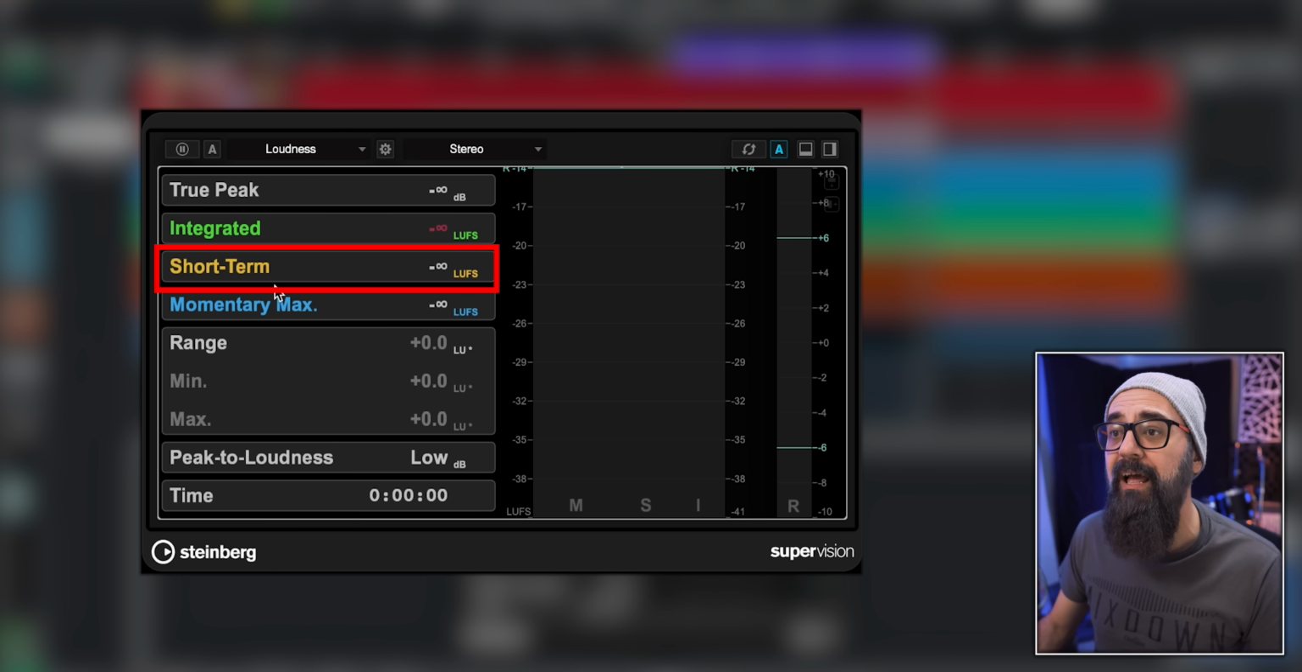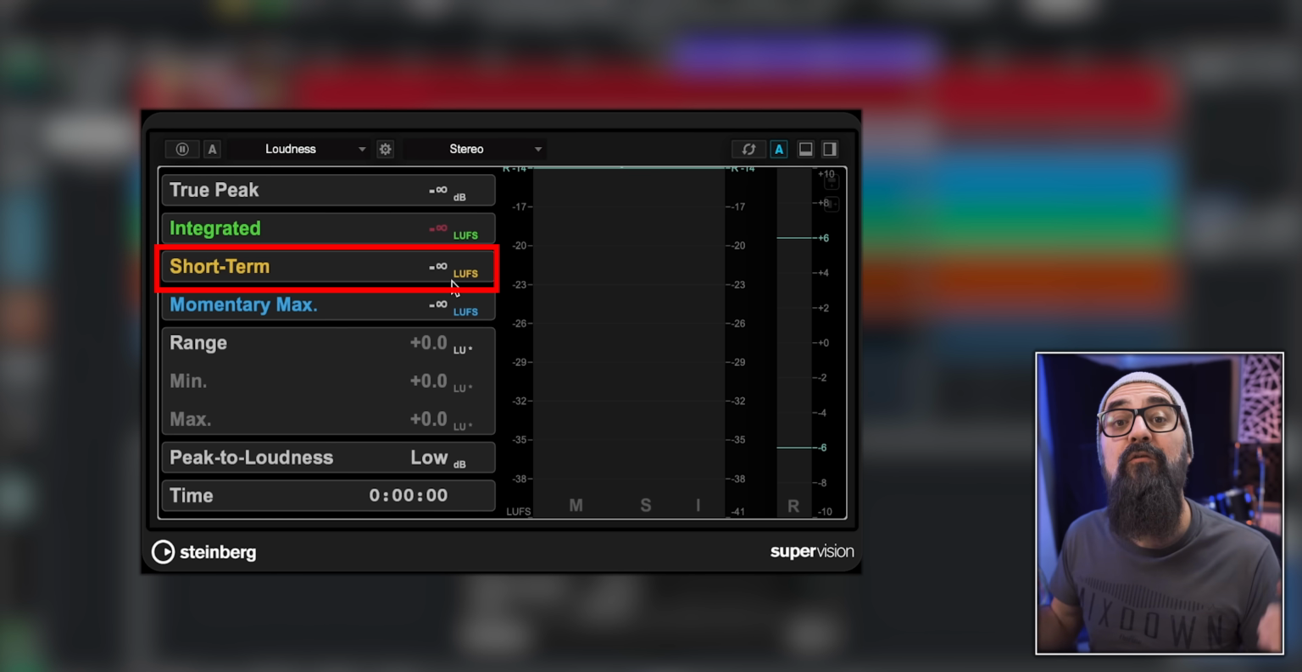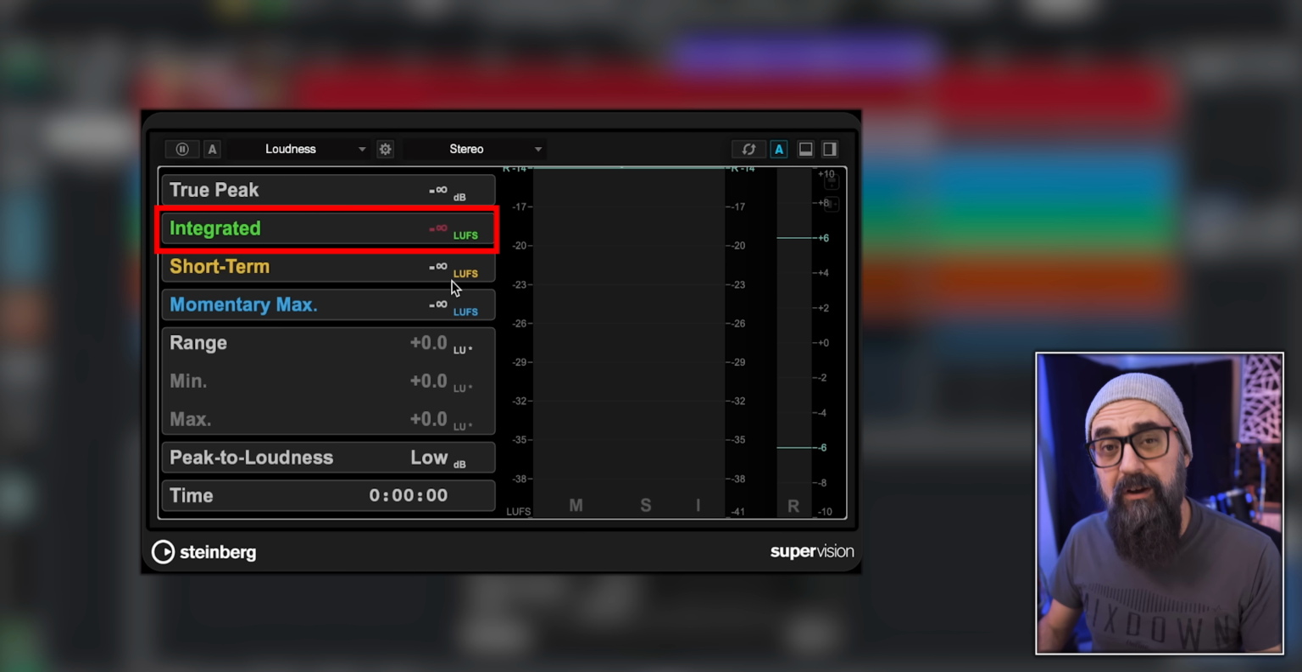Now, the short-term LUFS will go a step further. It's going to give you the average loudness level within a period of 3 seconds. And the integrated LUFS level is the average loudness level within a period of time of an actual piece of audio. So that could be the length of a full audio out of a movie or just a piece of music. So the average loudness level of a master will be the integrated LUFS, and that is the metering used by most streaming services. Some, like Spotify, will set that up to minus 14 LUFS,